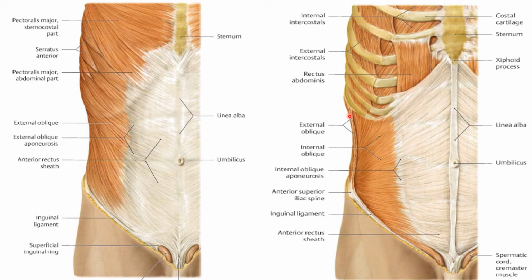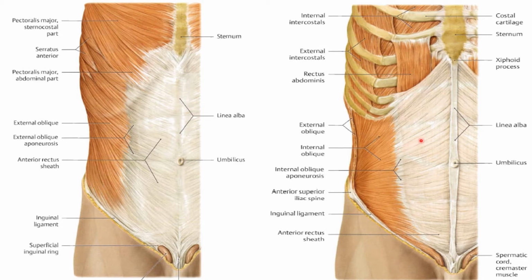Now after the removal of this external oblique, the next layer which is visible is the internal oblique. Now the internal oblique again has this lateral portion which is fleshy, from where they originate. So this portion is fleshy, and towards their insertion to the linea alba they become aponeurotic. Now before moving towards the linea alba, this aponeurosis splits into two layers, anterior and posterior.